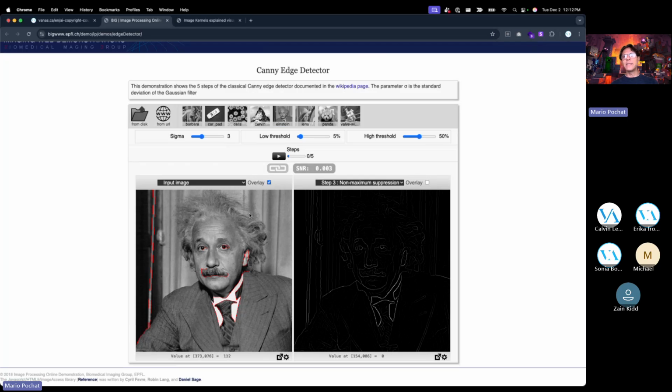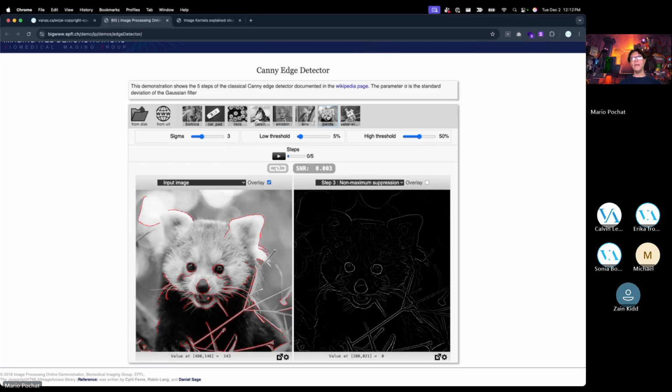And the hair and all that. It's getting confused with the neck and the eyes and so on. If you get that little panda here, again, it's kind of like trying to find the edge, but this is not really the edge. As a human, the edge would be right at the contour, right? So this is the reason that